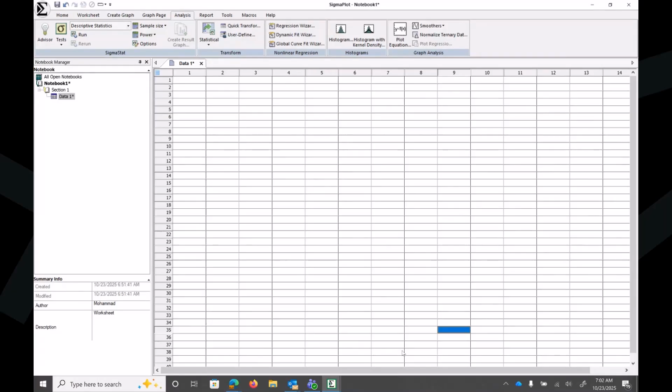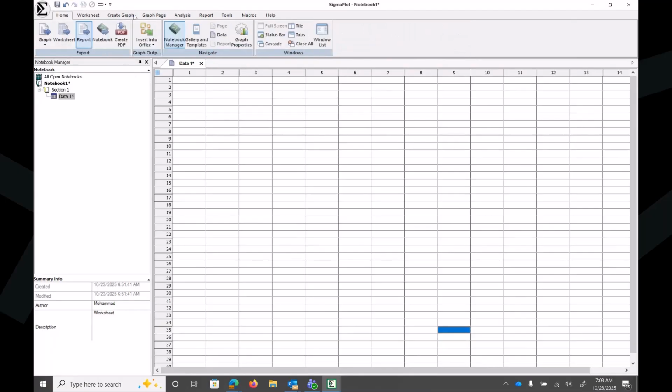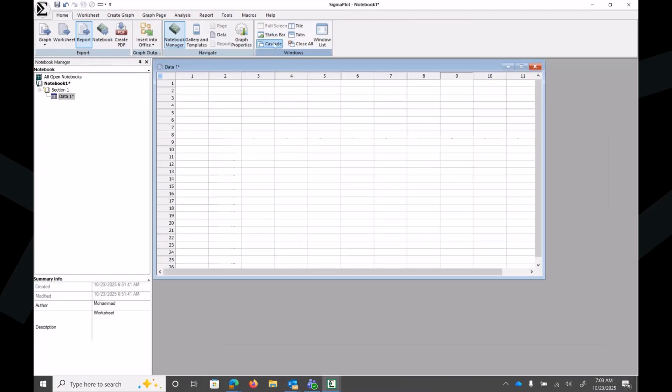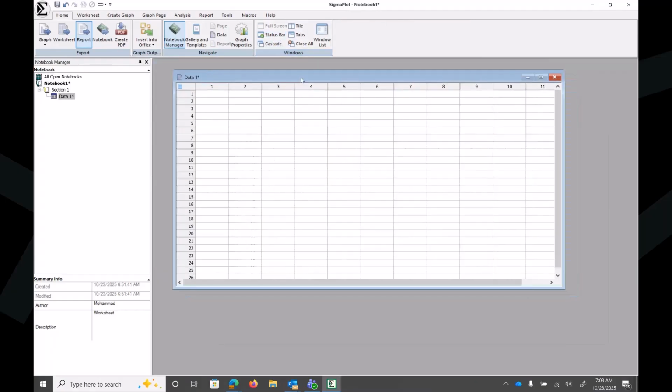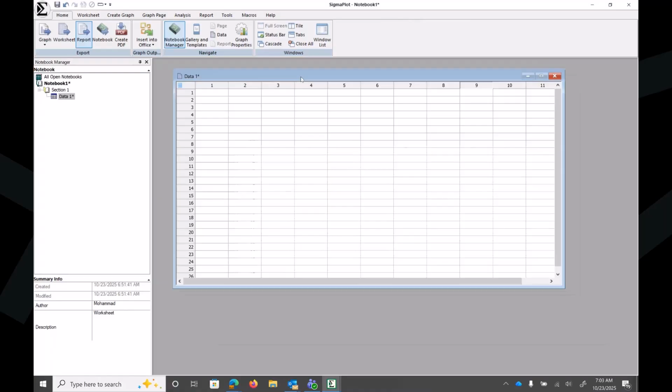Anyway, so this is the main screen of Sigmaplot. You can see right now it has the data tab. Usually, this is by default. You can go with the tabs. When you go and create something, a graph, then it will go under the tabs on the top. But you can change it if you go on the home screen and then change it to something like cascade, then it will come up as a cascade and then put the stack on top of each other, whatever you're